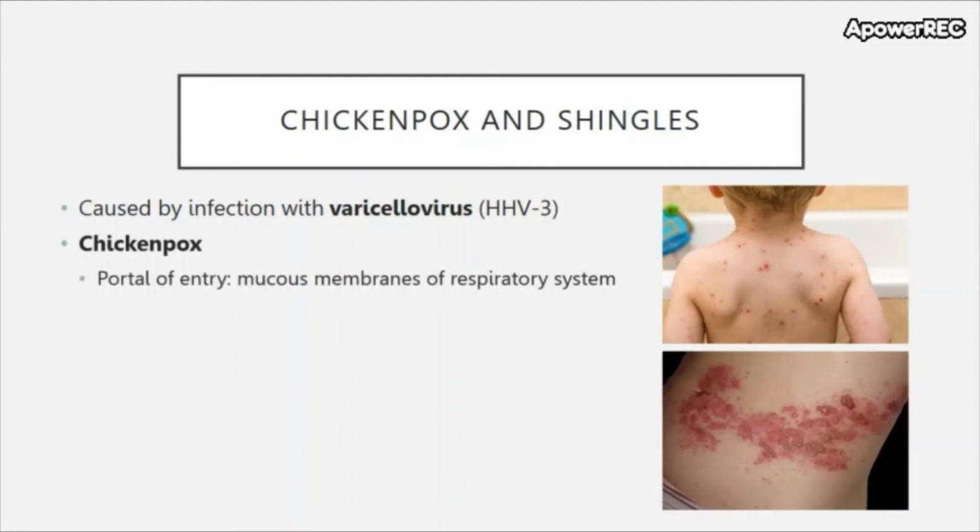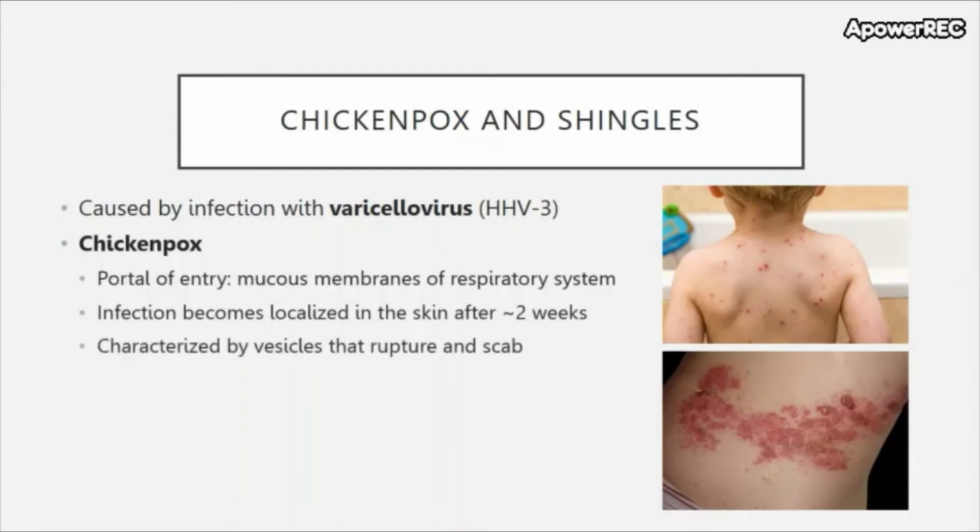For chickenpox, the portal of entry is the mucous membranes of the respiratory system, and the infection becomes localized in the skin after about 2 weeks. It's characterized by vesicles that rupture and form scabs. Shingles